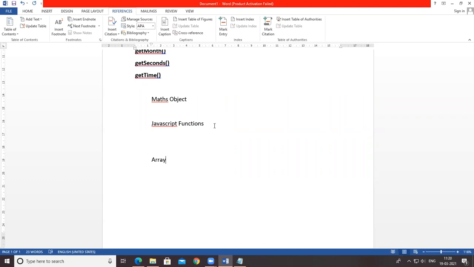So for example, the array is created by using this. Suppose I want to store the fruit names in an array. So a variable is created having the name fruits, or an array is created having a variable fruits. Then it is created by using like this.